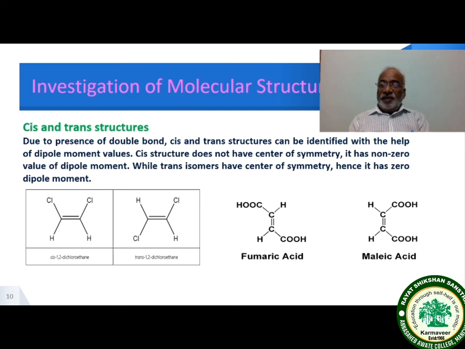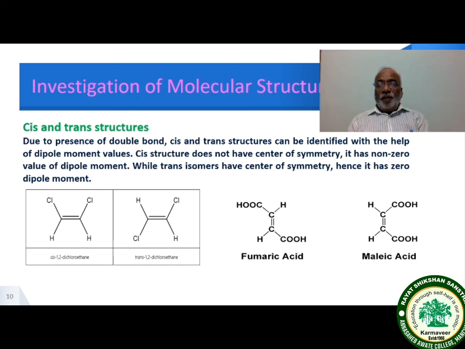Molecular formulas are the same, but the structural formulas, or arrangement of the atoms or groups in the molecules, are different. And you will find here, in case of trans structure, the COOH and COOH groups are completely opposite. And this molecule, the trans molecule, that is fumaric acid,